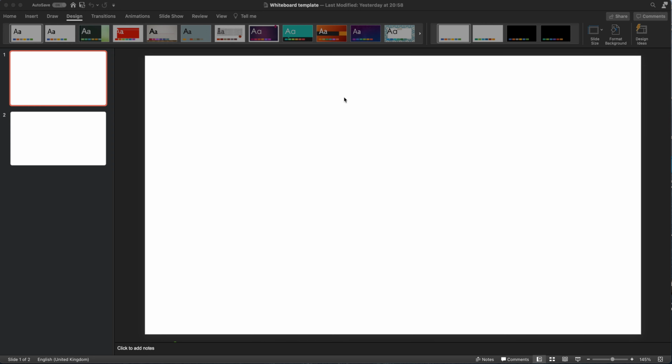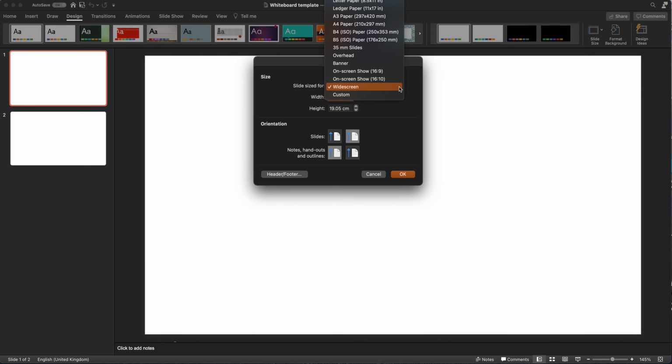First off, we're going to set the size of the canvas. So we go to slide size. I'm using PowerPoint for Mac, so it's Office 365 PowerPoint for Mac. Some of the menus may be slightly different, but the features are the same if you're using Office 365. So go to page setup, and if we choose custom,